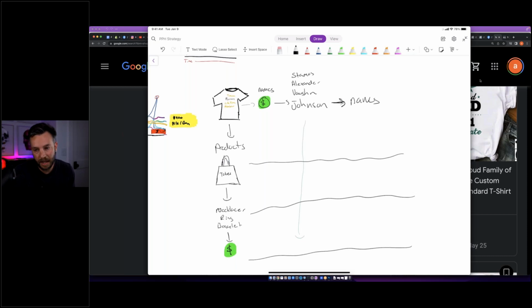Everybody's got a last name, or most everybody has a last name. Some people drop their last name, I think, but most people have a last name, and they're going to be curious to grab some t-shirts or some products with their name on it if it's their vibe. And they might just buy 2, 3, 4, 5 because they're going to buy one for their partner, one for their family member. Maybe they're having a family reunion, so they're going to buy like 10 or 12 or 15, or if it's a big family, hopefully 30 of these shirts for everybody to wear at the family reunion or at Disney World or wherever it may be.